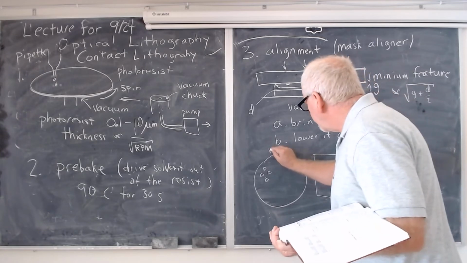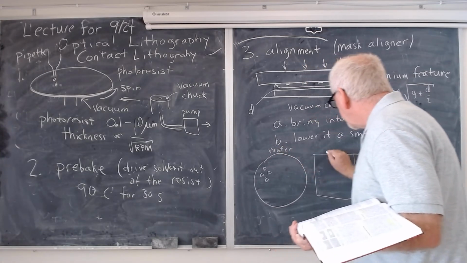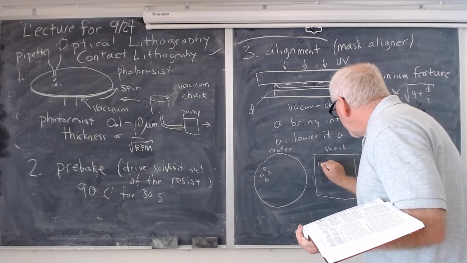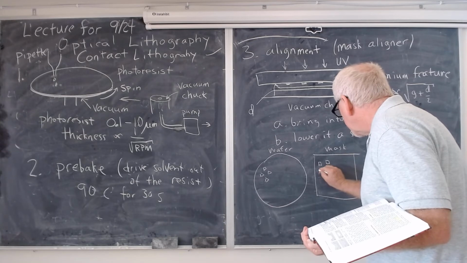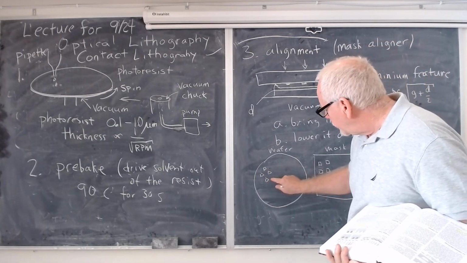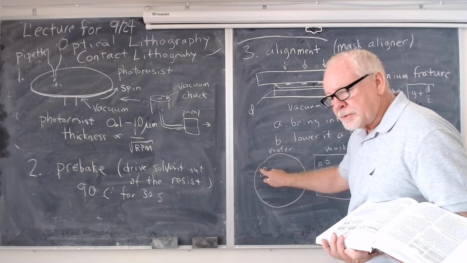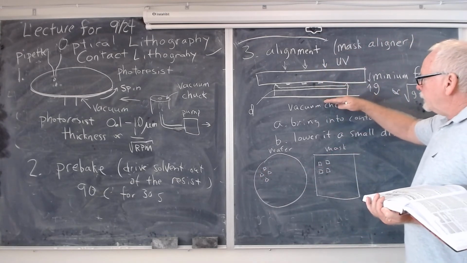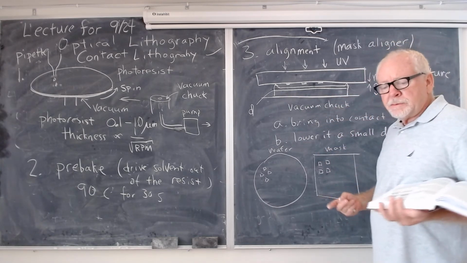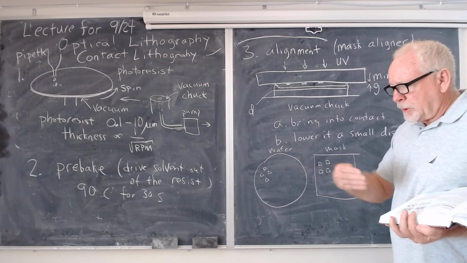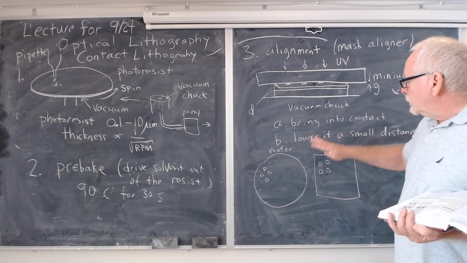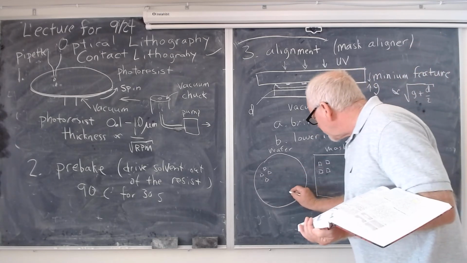So this is your wafer, and this is your mask. And say your next step has features like this, and those features are meant to line up with these features. So you back it off a little bit, and then the chuck has three movements. It has X and Y, of course, and it also has rotation. So you do all three things,